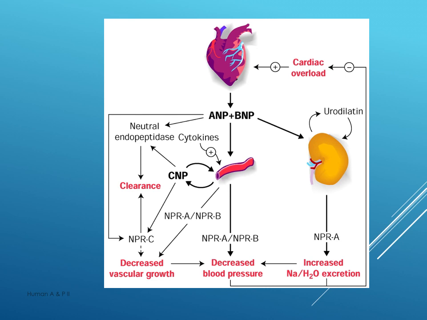Okay, and the last one we're going to go over is atrial natriuretic peptide, or protein. This is released by the heart whenever there's a lot of stretching, like when you have high blood pressure and high blood return. This hormone, one of its main effects, is that it's going to increase excretion of sodium ions and water. And so that will lower blood pressure. So it's an antagonist to the other two hormones. Okay, so we'll stop